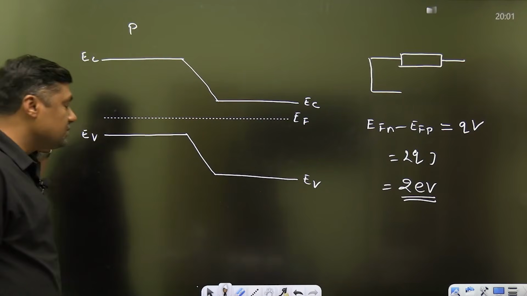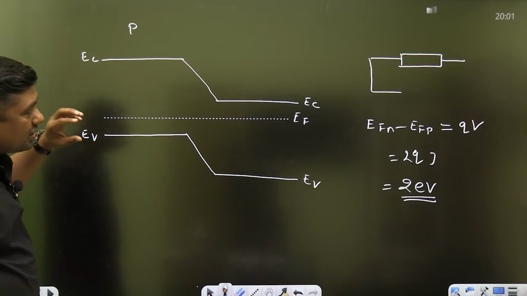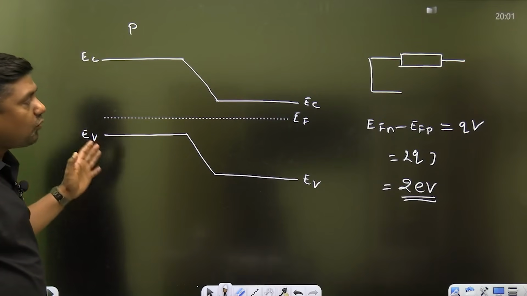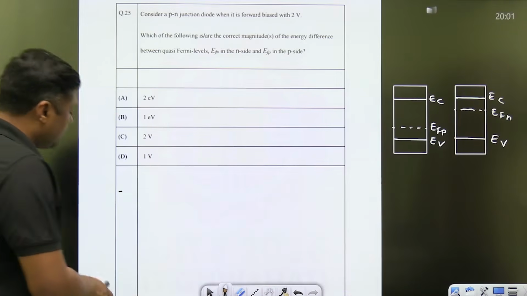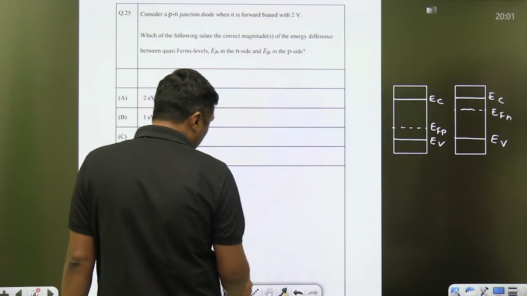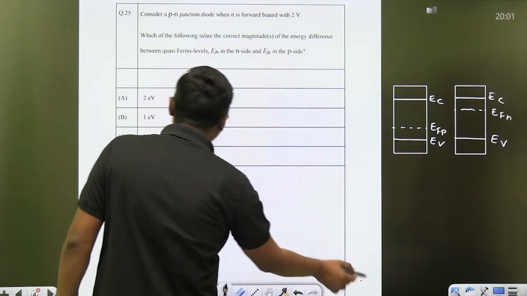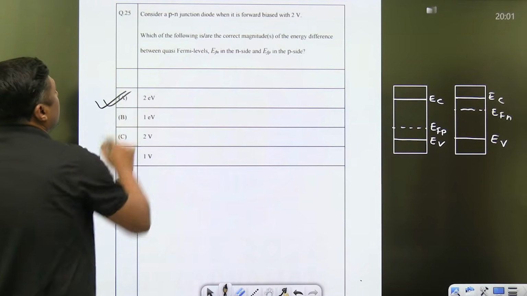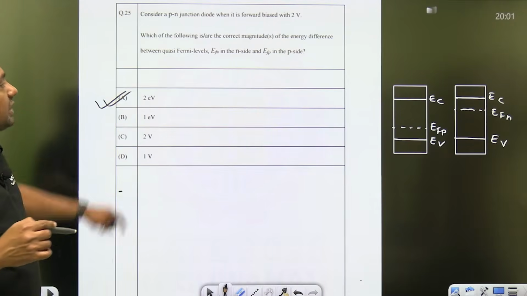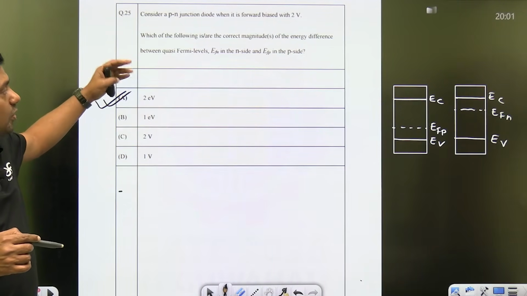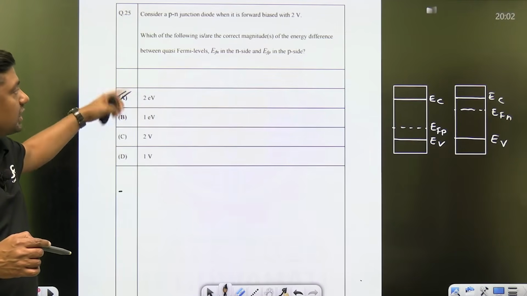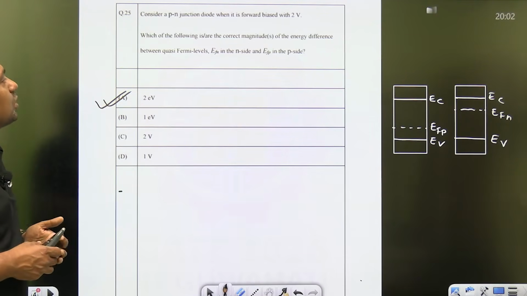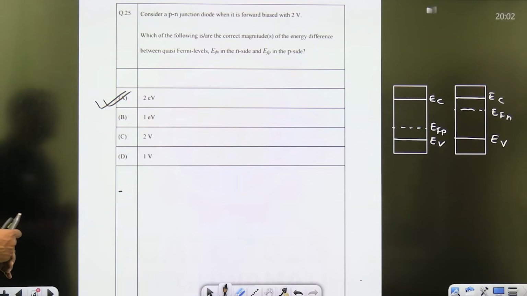This time the questions are very conceptual from electronic devices and circuits. So the answer is 2 eV. No doubt it is an MSQ, but only one answer is correct: 2 electron volt. And remember, the energy in a diode, a transistor, or a semiconductor is in the range of electron volt. So these are the quasi-Fermi levels, and that is the energy difference. Now the third one is